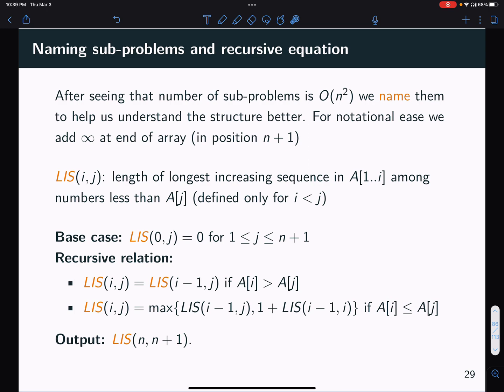However, now we want to know, what if the prefix doesn't have 0 elements? What if it has 1 element, or 2, or 3, or 4, or 5? Well, the question is: is the last element of the prefix, the ith value, A_i, larger than the smallest value in the subsequence? If it is larger than the smallest value in the subsequence, we can't add A_i to the subsequence, right? Because,